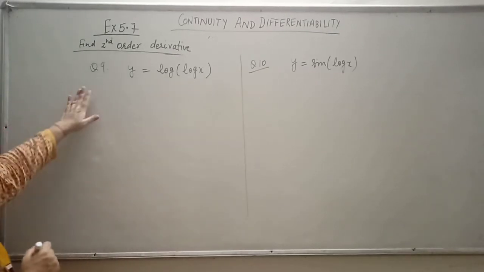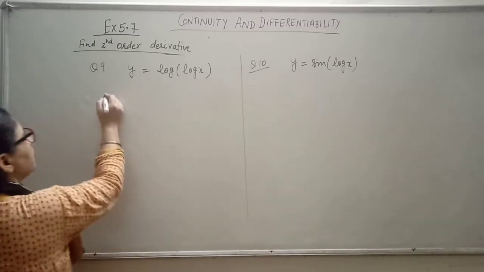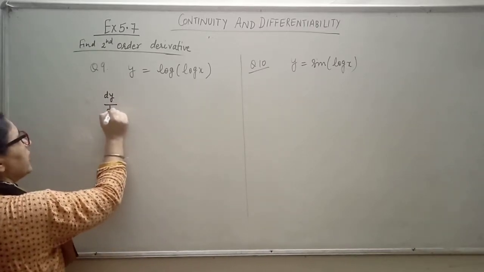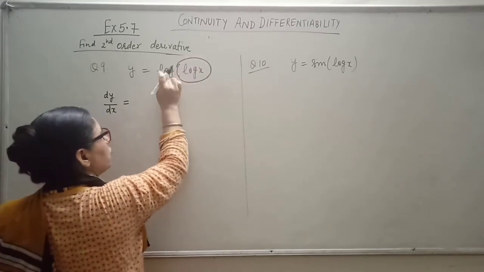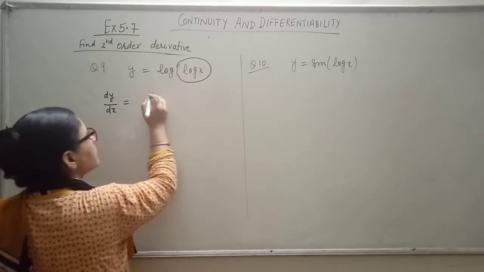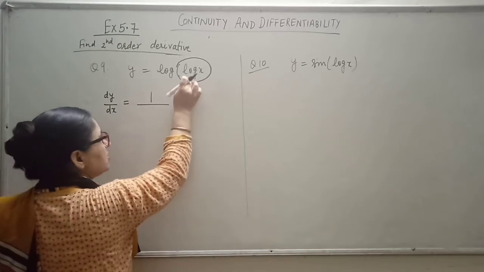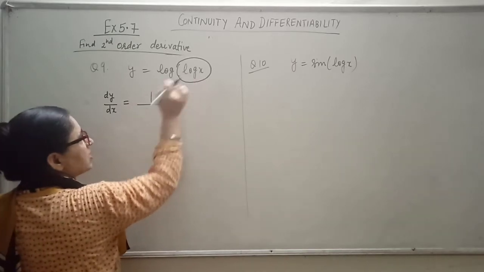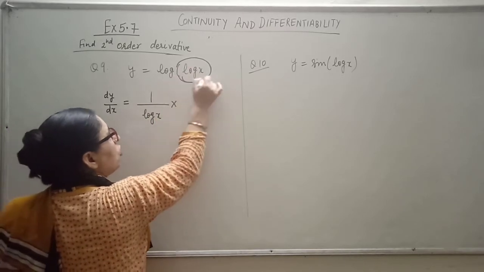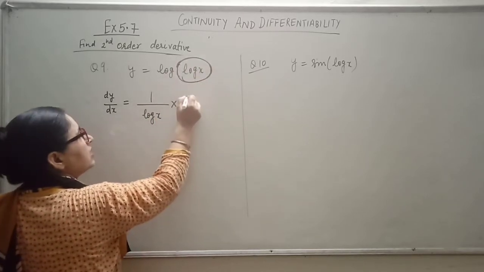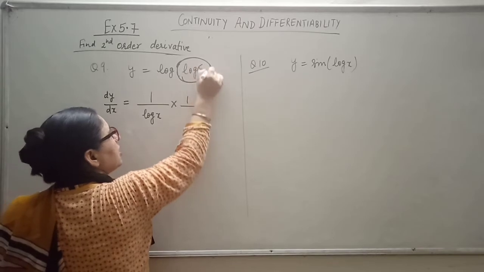And students, in this question number 9, if I differentiate it with respect to x, so this would be, now in this, consider this is x. So what is the derivative of the log x? That is 1 upon x. So in place of x it is log x. So it would be written as log x into derivative of this log x. That is 1 upon, because here it is now x.